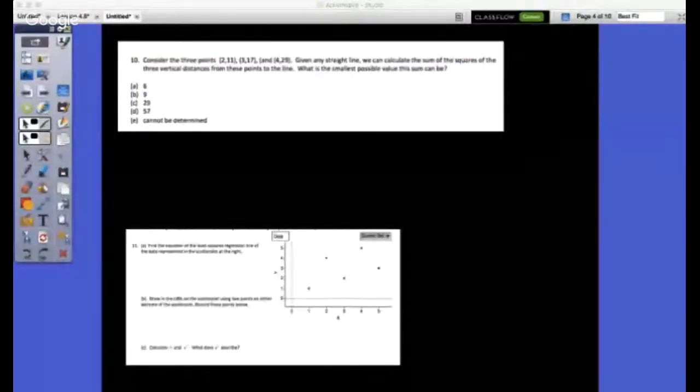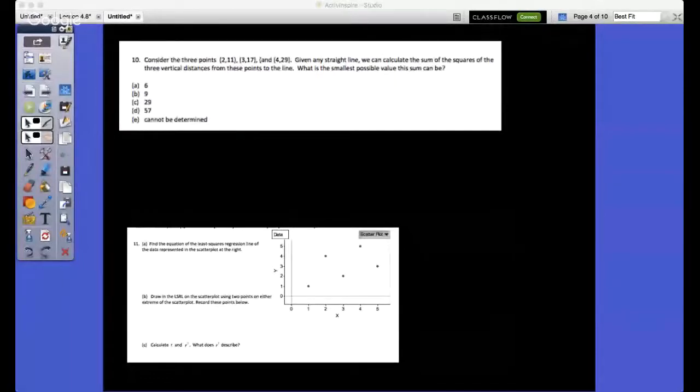Okay, so first off, we know that we could plug into our calculator on our L1 and L2 lists to find what the least squares regression line would be, right? We know that. We could plug this in, get it out, and figure out what the least squares regression line would be by going into our stat calc and rocking and rolling, right? I think this is good for us just in terms of calculator.